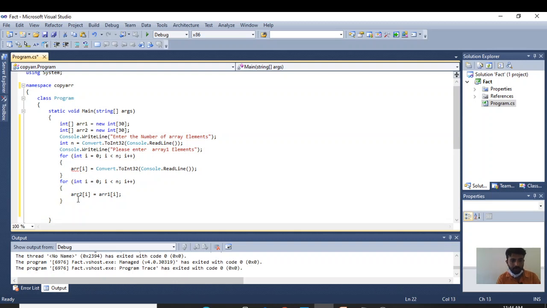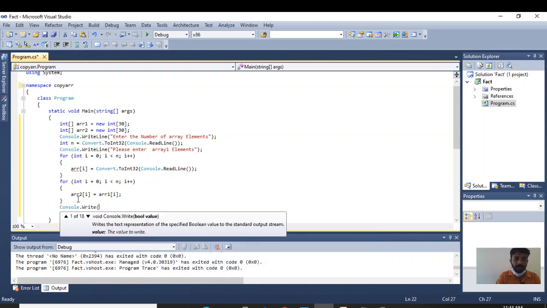Next, what I will do is Console.WriteLine. I will first display the elements of array 1. Okay, the elements of array 1.